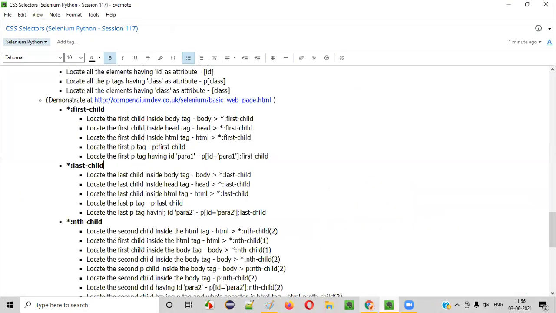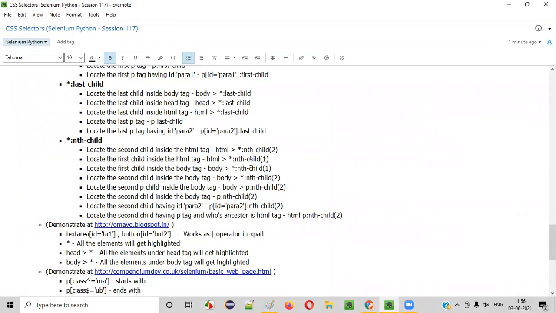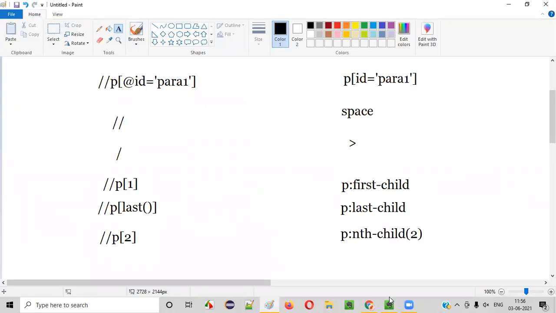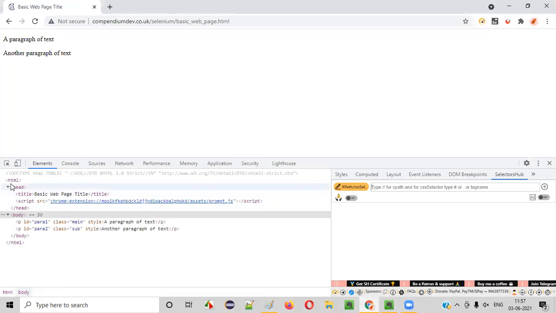Hope you are able to understand first child, last child, and nth child. Next, I want to locate HTML greater than star colon first-child.